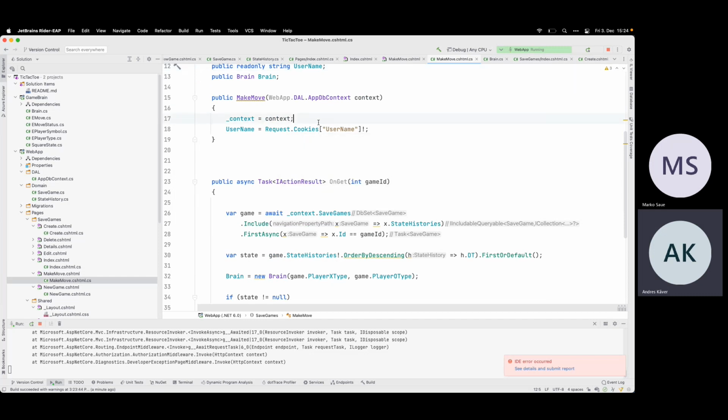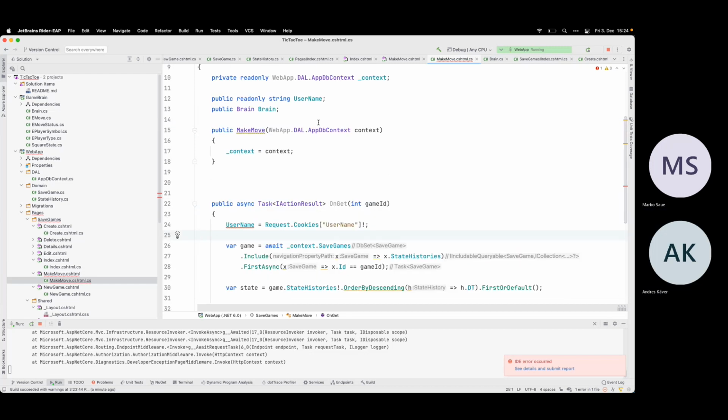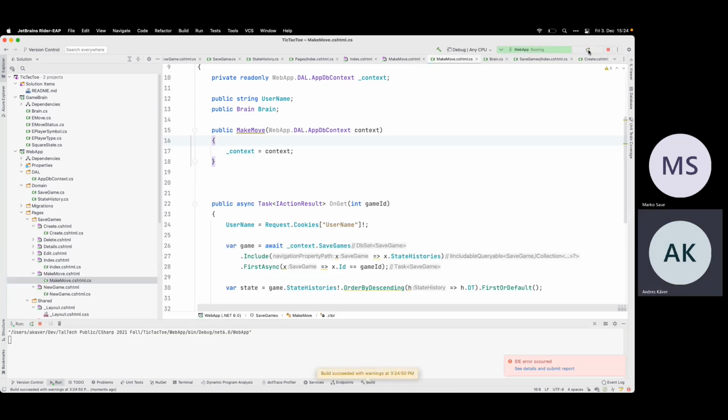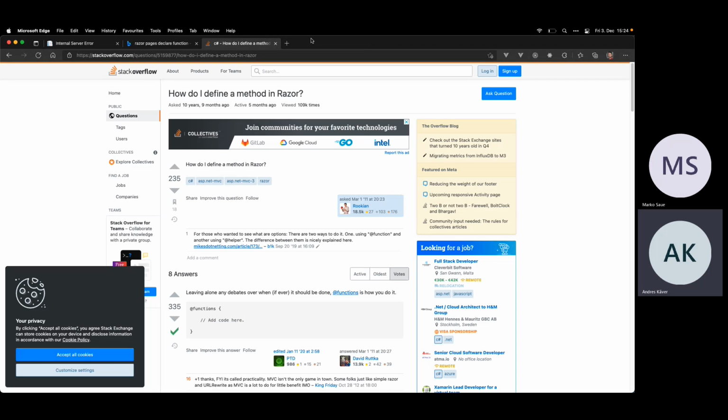Request cookies. Oh, in the context, yes, there isn't. Yep, I need to do it here, and it isn't read-only. In the constructor, when the class is created, when this Razor page is actually created, it's too soon. There is no request yet.